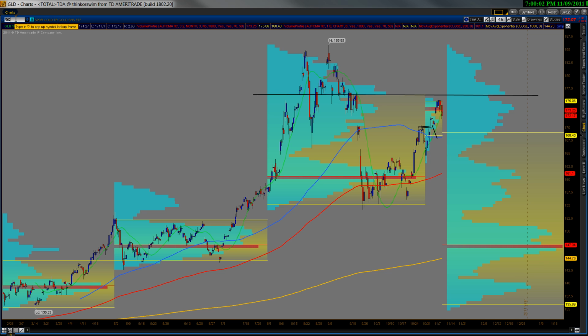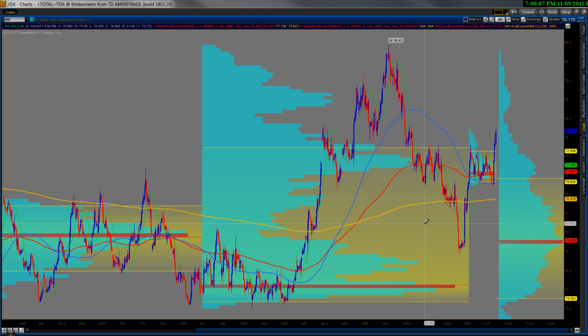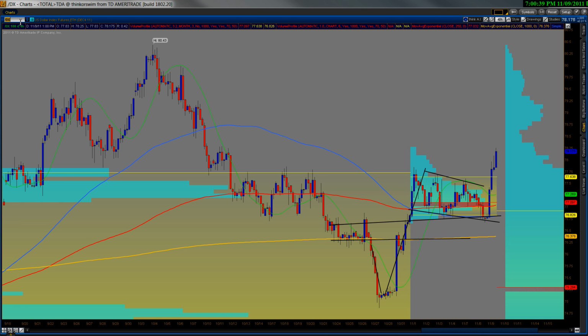dollar. Gold in dollar terms, a strengthening US dollar, and it's interesting how we've traded in the dollar after this reversal pattern, 75 on the Dixie. We're really starting to power higher, and our back test of that range was next to nothing. It basically back tested to the consolidation pattern before the ultimate breakdown and recovery. So if we're looking at the dollar, then it's appropriate to look at the euro